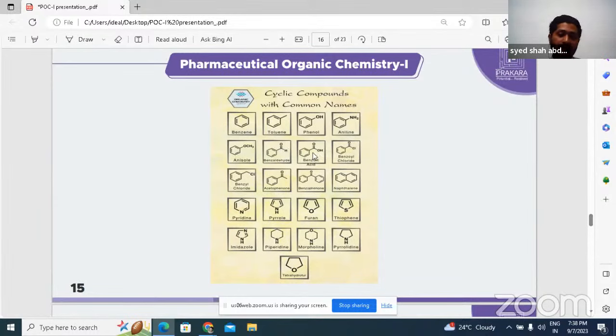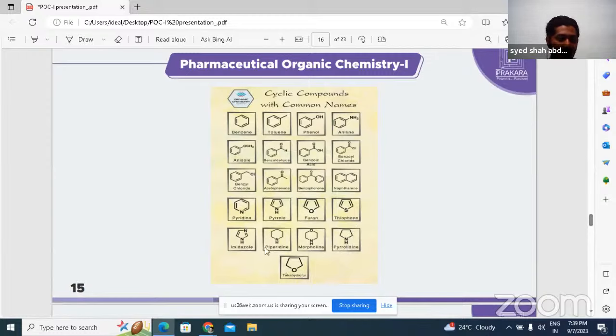Benzoic acid has a C double bond O carboxylic acid moiety. Benzoyl chloride, when it has C double bond OCl, and benzyl chloride when it simply has CH2Cl. We call it benzyl chloride. Just the O difference creates a lot of difference here. C double bond O, we call it benzoyl. Okay, acetophenone, benzophenone, naphthalene, and heterocyclic compounds such as pyridine, pyrrole, furan, thiophene, pyrrolidine, morpholine,